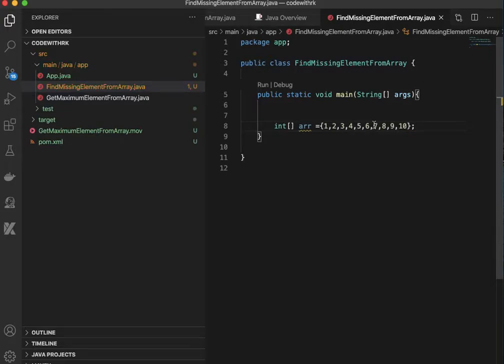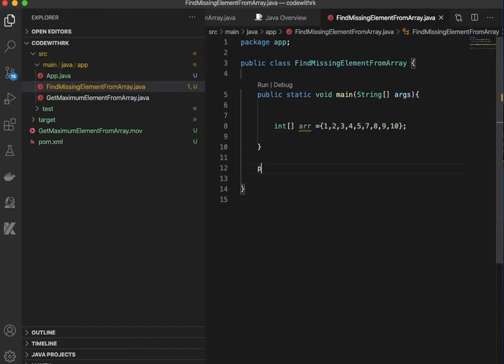Now suppose I am saying that in this array the array size is 10, but when I actually give the problem in an interview, I simply remove one element, like suppose I am removing one element from here, and I will say that now array size is 9, but I will give you the size of the array and you have to find the complete array. That means array size is 10 and you have to find one missing element from that array, right?